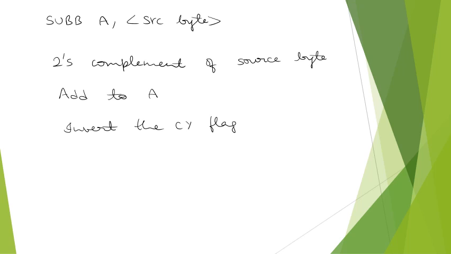So the operation done is A equals A minus the source byte variable minus the carry flag. So the carry or borrow flag will be set when there is borrow needed for